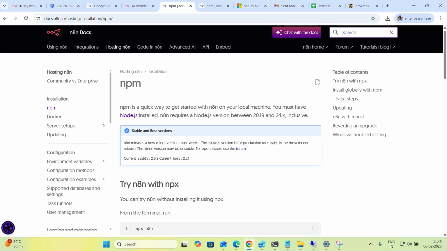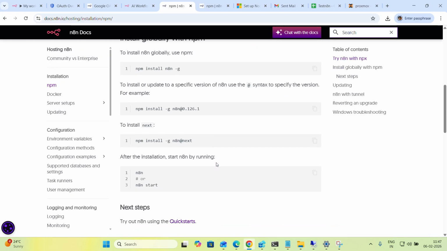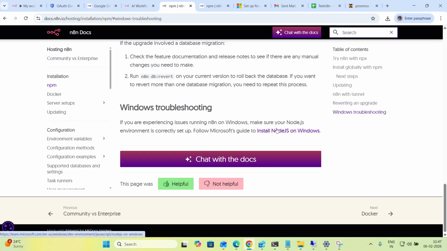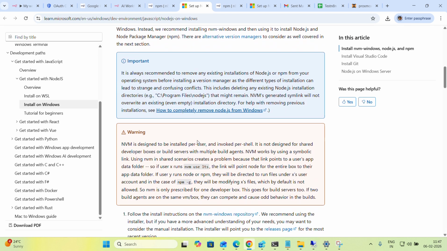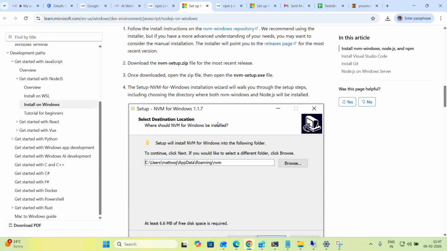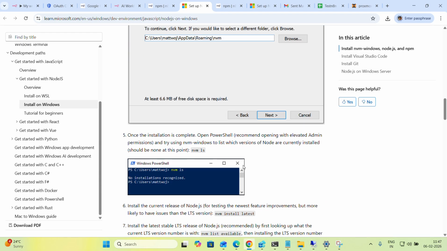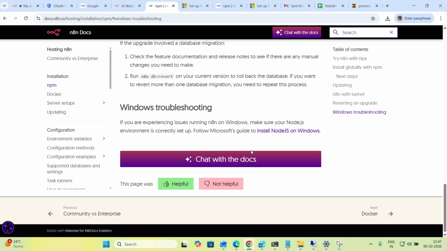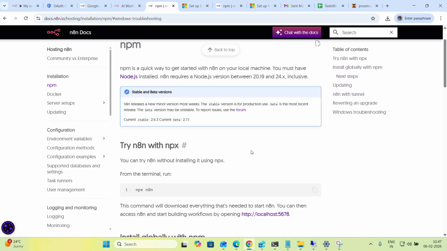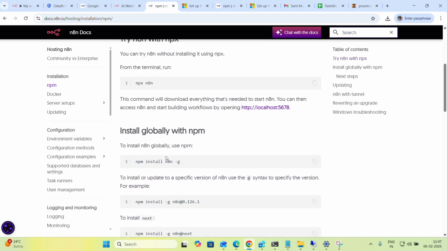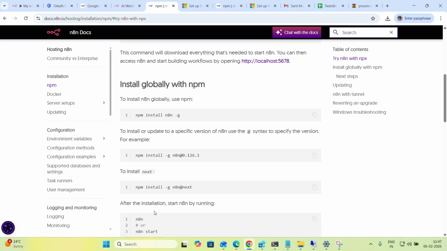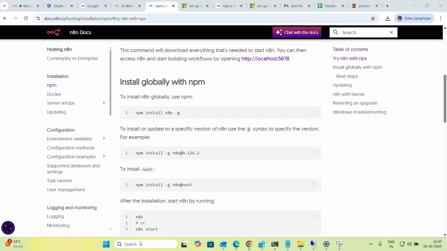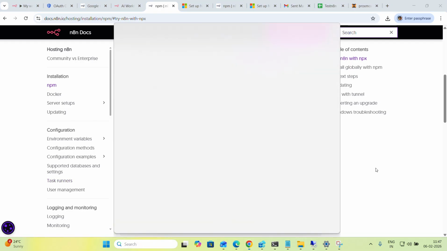So if you don't have Node.js installed on your Windows or Mac, you can download it from here and install Node.js, and then you can leverage those. So again, it's very simple. Just like installing any other application, it will take you through all the step-by-step instructions. And once you have installed Node.js, you can come back and start following the steps here. Not gonna go into detail on it. Maybe we can have another video for the same, but for now, how to run this,